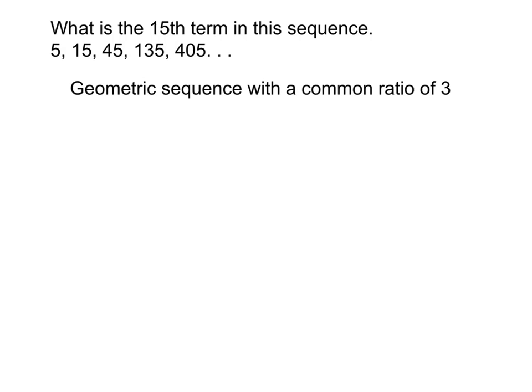And the formula is A, where A is the first term in the sequence, times R, which is the common ratio, and in this case it's 3, and then we're going to raise it to the n minus 1 power. Okay, n stands for the term in the sequence. So what I'd like you to do is copy down the following formula. We have 5, that's our first term in the sequence, times 3